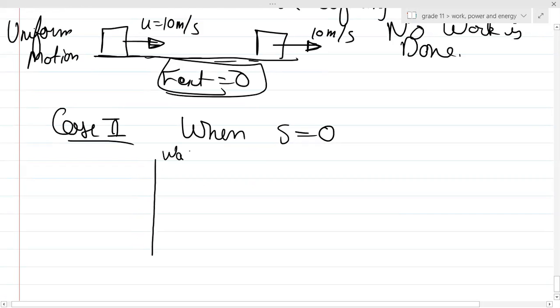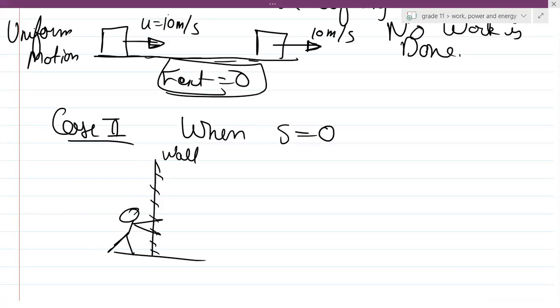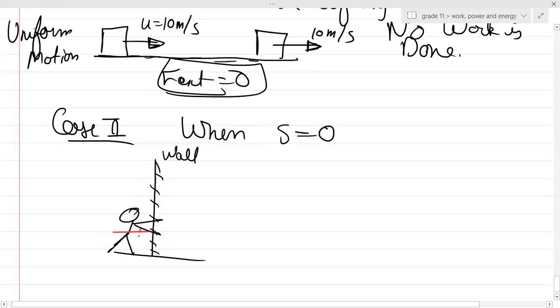Suppose this is a wall fixed to the ground, and Cyril is trying to push the wall. Will the wall be displaced from its position? No. So in this case the displacement is zero, so even if you are applying the force,